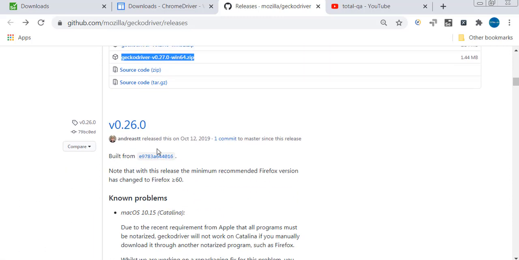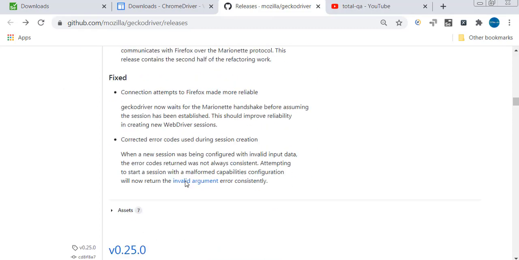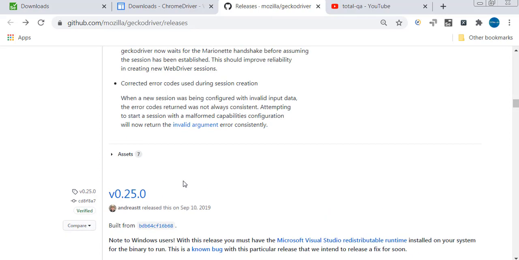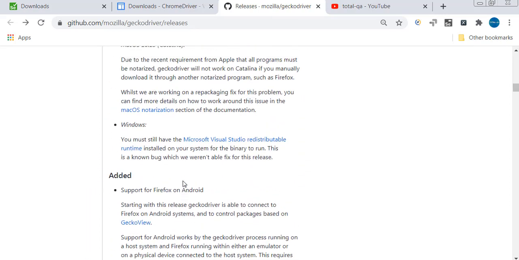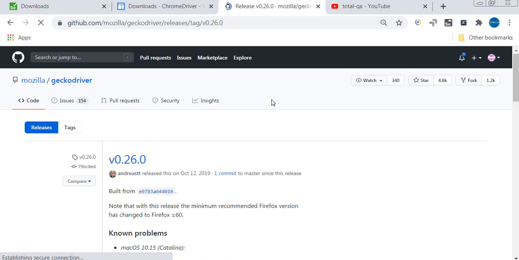If you'd like to download the executable file for Firefox greater than or equal to 60, ours is version 72, then click on this link, because this is the one we are going to download, since our Firefox version is 72. Click on this link now.